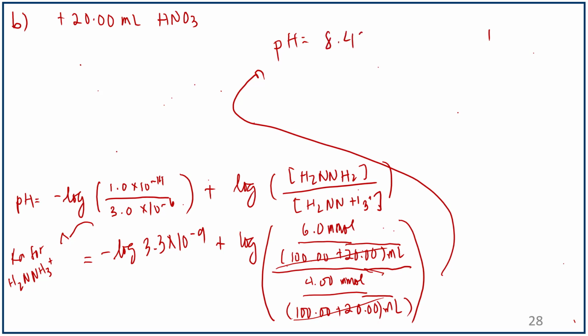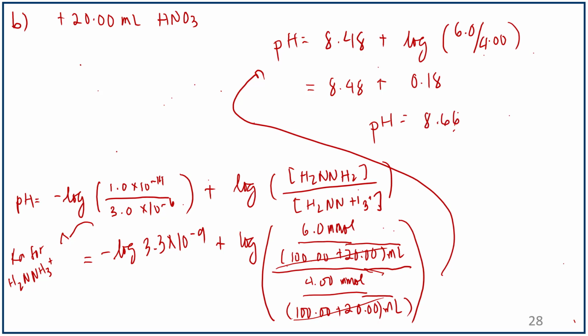Let's use that number again, so let's just remember that. Plus log of 6.0 divided by 4.00. This will just be equal to 8.48 plus 0.18, and this will just give you a pH of